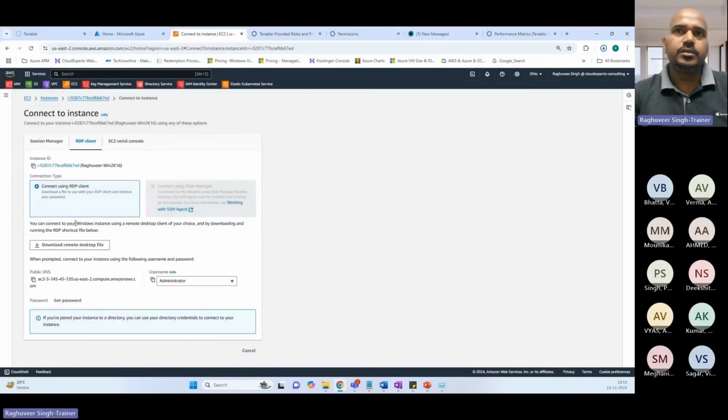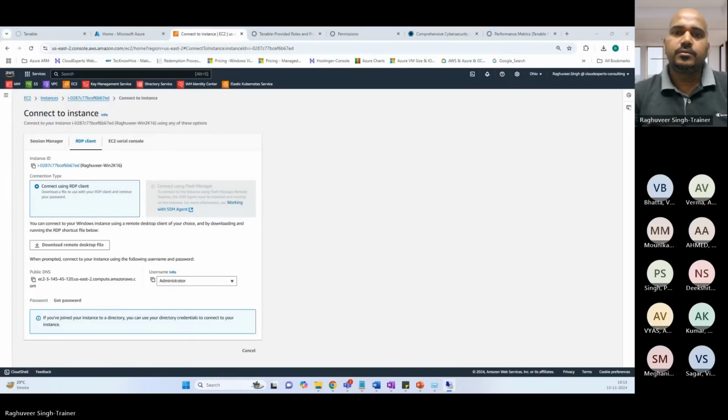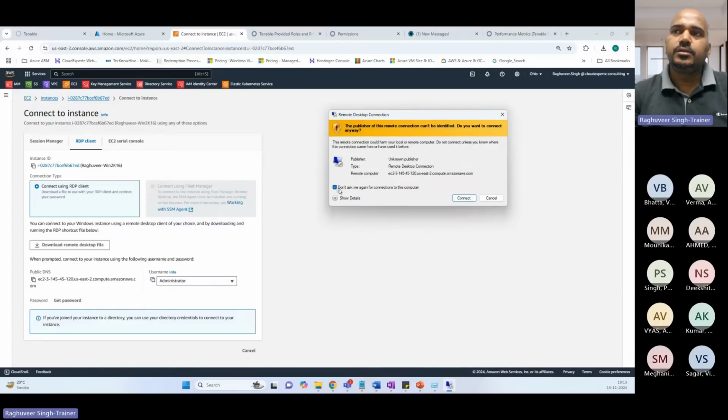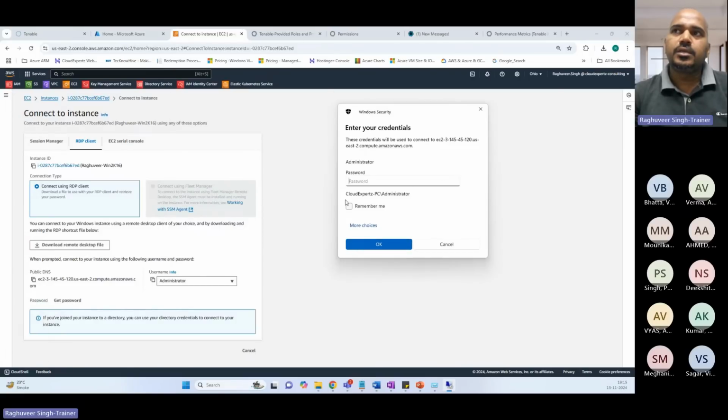So the file is downloaded. After the file is downloaded, you click on that file to run it. You will see this option, remote desktop connection. Check this box: don't ask me again for connections to this computer. What it is trying to say is that this is a system which is outside of your network. So you'll say that that's okay. Hit connect. When you hit connect, it shows administrator as username,